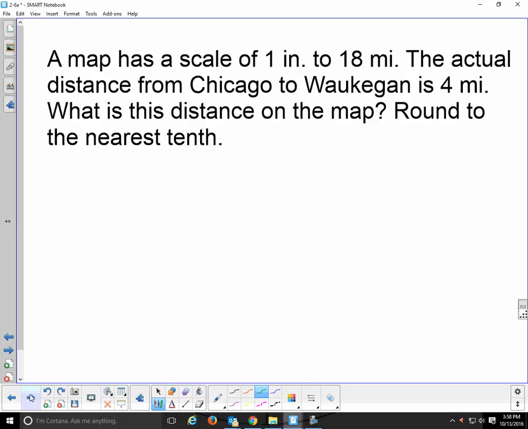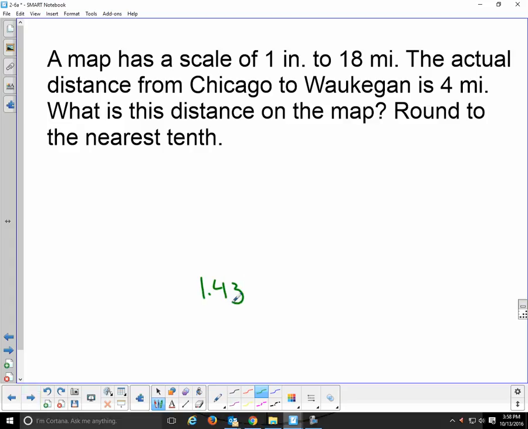What I'd like you to do is try this one, set it up with a proportion, and figure out the distance on the map from Chicago to Waukegan. All right, I'm assuming you paused. I'm assuming you tried it on your own. The distance on the map, so it's 1 inch to 18 miles is still the scale. The distance on the map for a 4-mile trip is going to be